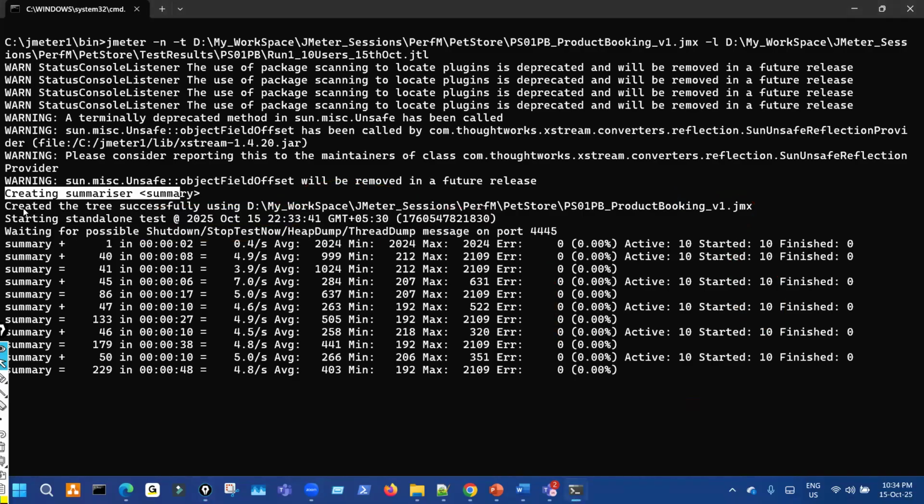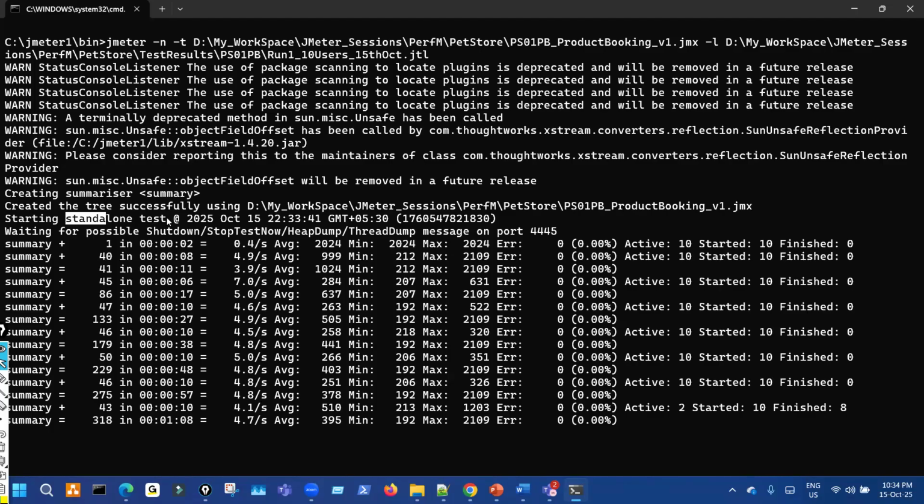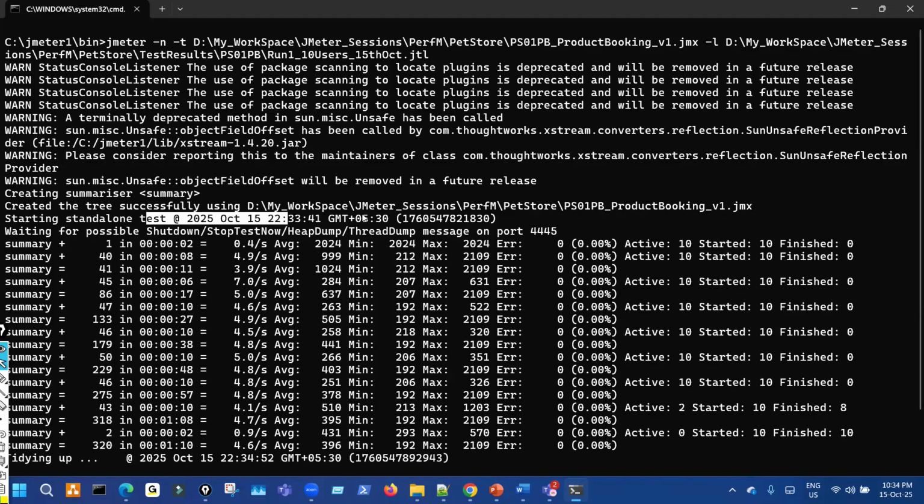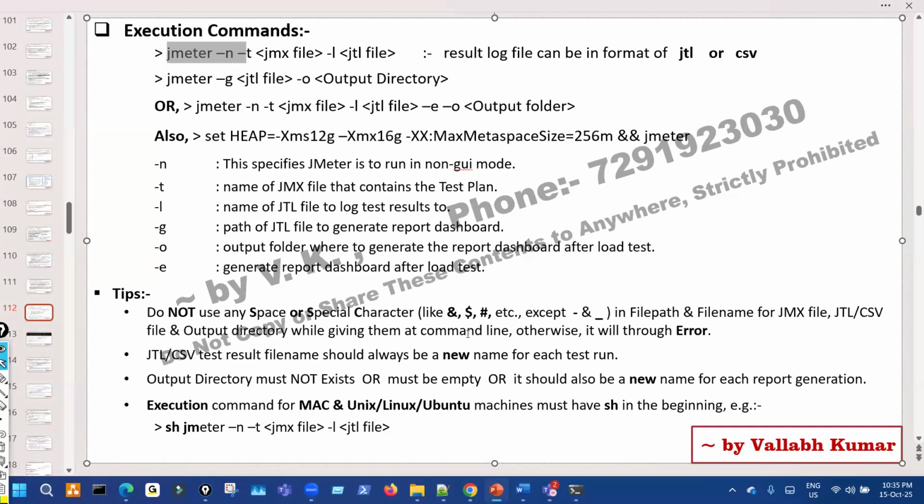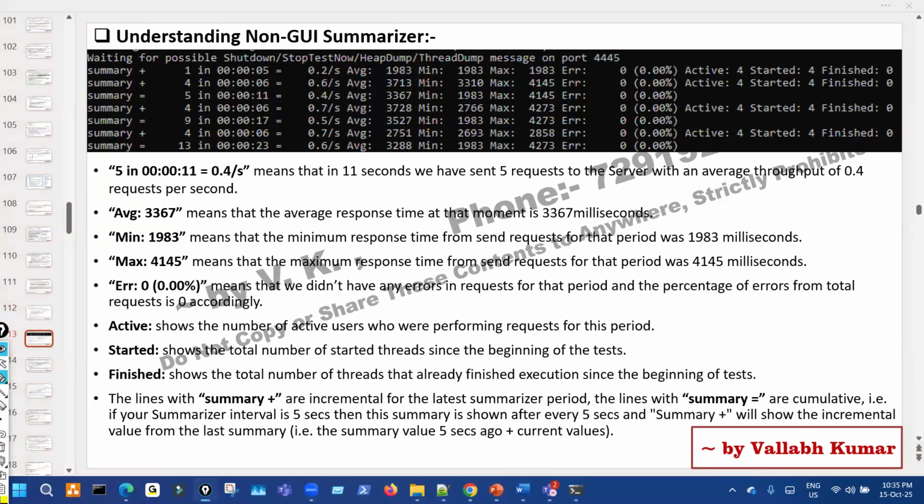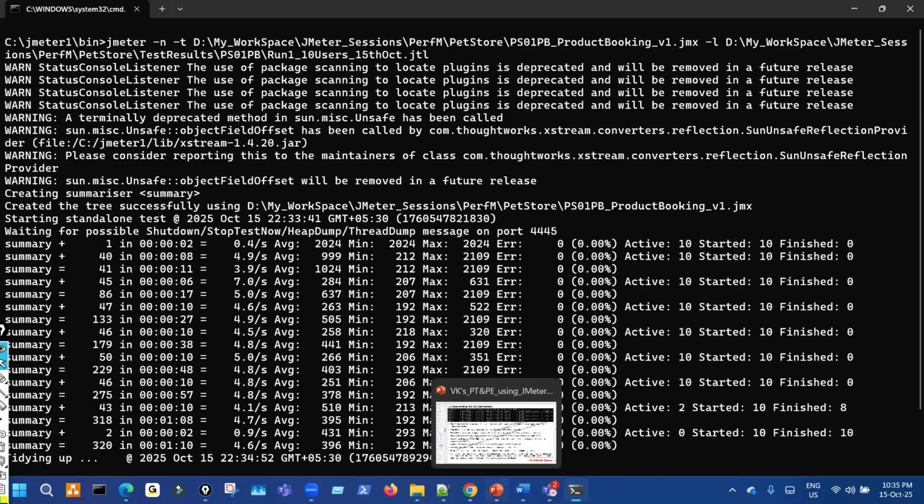Creating summarizer, created the tree successfully using this JMX file, started the standalone test. Why is it called standalone? Because currently only one system, only one LG, is used: my laptop only. We are not doing multiple LGs, right? So this is the date, the same date in epoch format. Then here, this is called summarize. This is what I used to show you, right? This thing. I'll explain this, but before that, you see now here